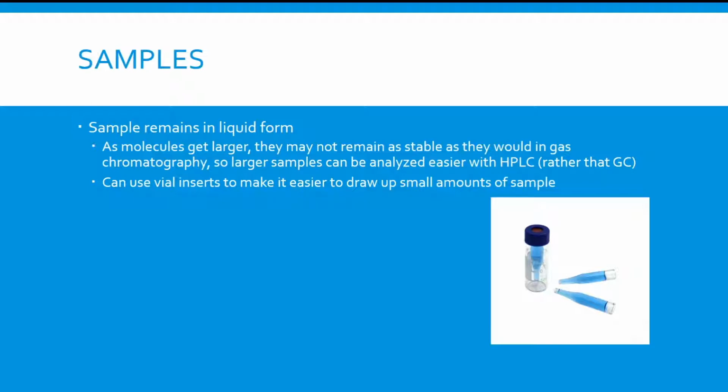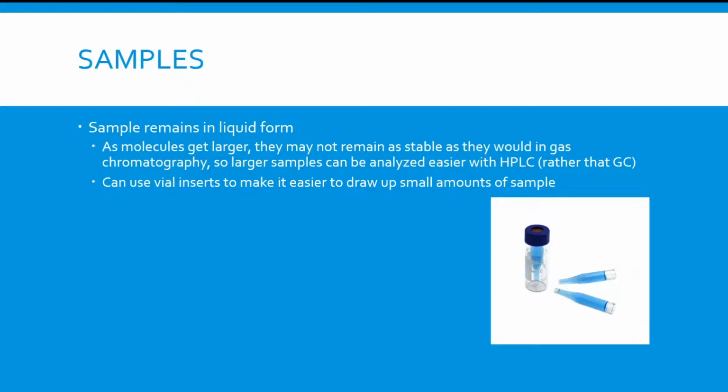with HPLC. It's important to note that usually larger, more complex samples are used with HPLC, and the reason why is because with GC analysis or gas chromatography analysis, the samples are heated up to change the phase from liquid to gas. And sometimes with those larger, more complex molecules that have sensitive R groups or sensitive bonds to heat, it's really hard to analyze those samples because it can hurt the GC instrument or change the composition of the sample as a whole. So HPLC is really advantageous in that respect that there's no heat involved and you can